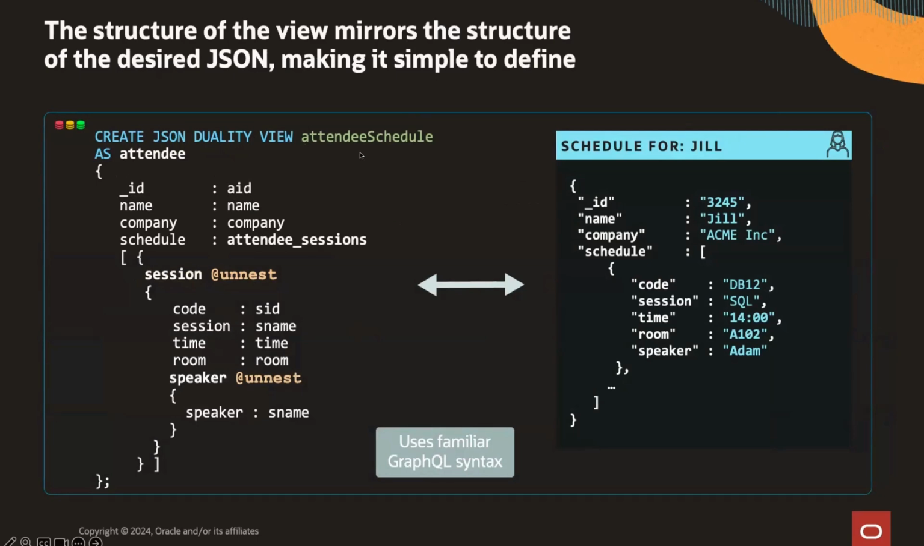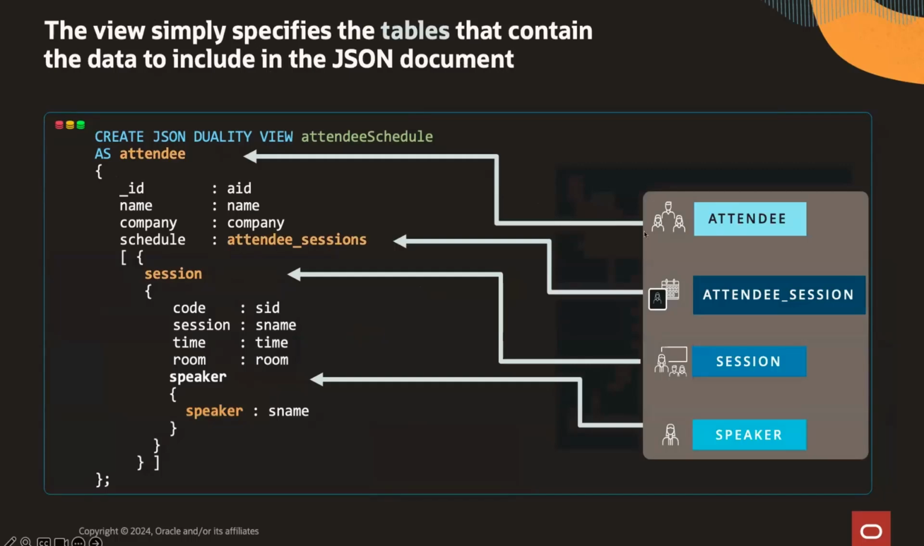The example we use here is for a conference. So you have attendees that visit a conference and you store your data in different tables. We have a table for attendee information, a table for session, and a table for speaker, and they're joined through this mapping table. And you can write a view definition that joins these tables to generate a JSON document of the shape you